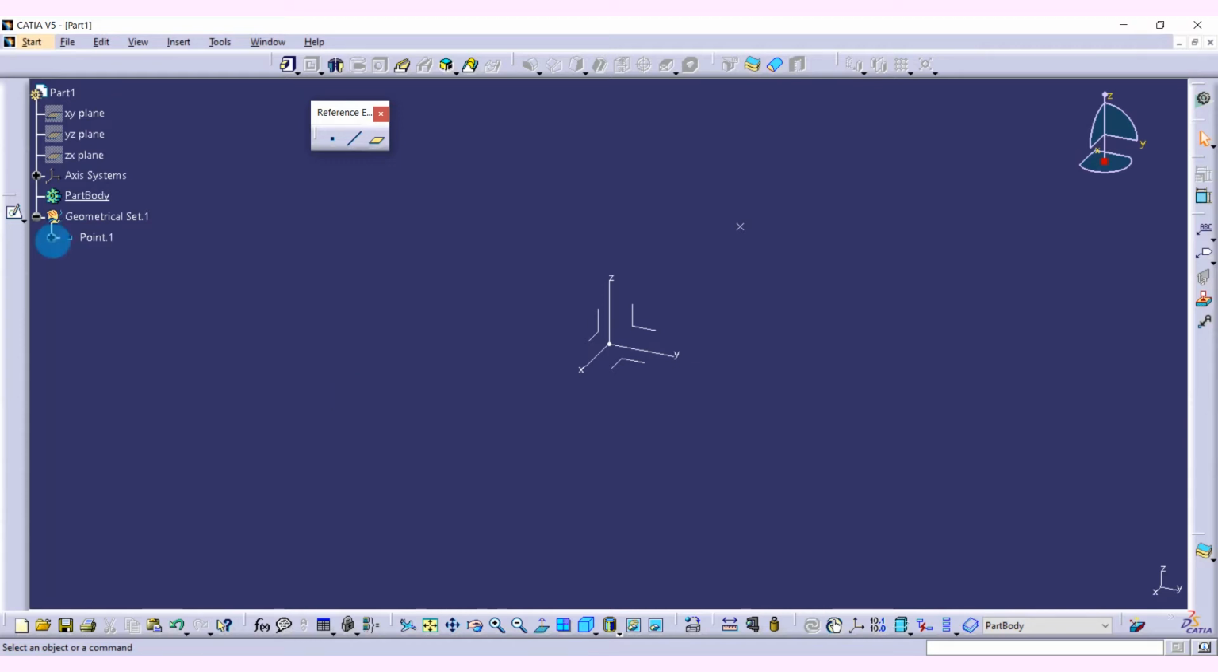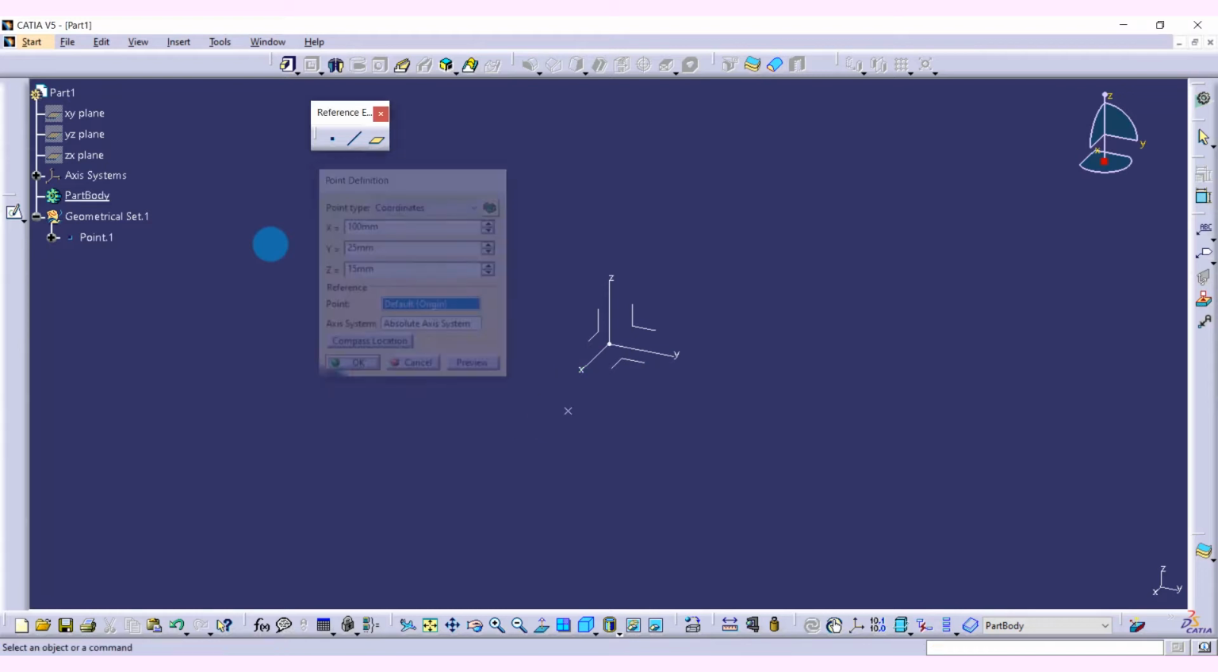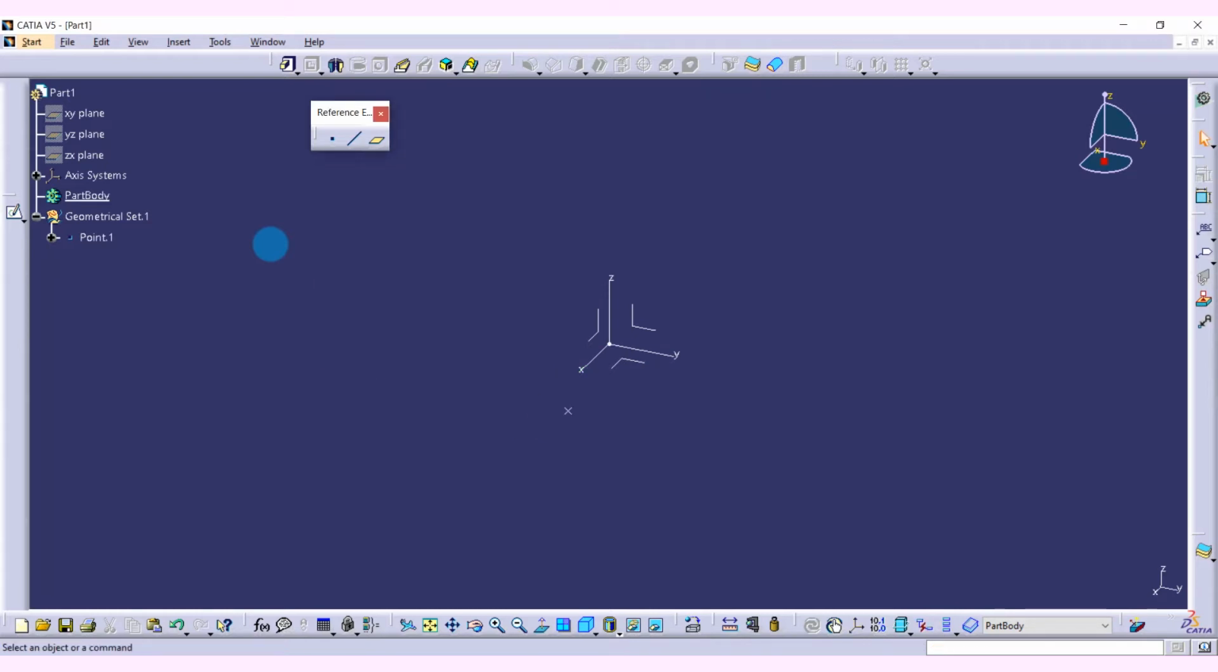Now if you want to modify the coordinate value of the point, just double click and you can change the values whatever we desire. The point will be updated based on the coordinate points. And the second point we have seen,